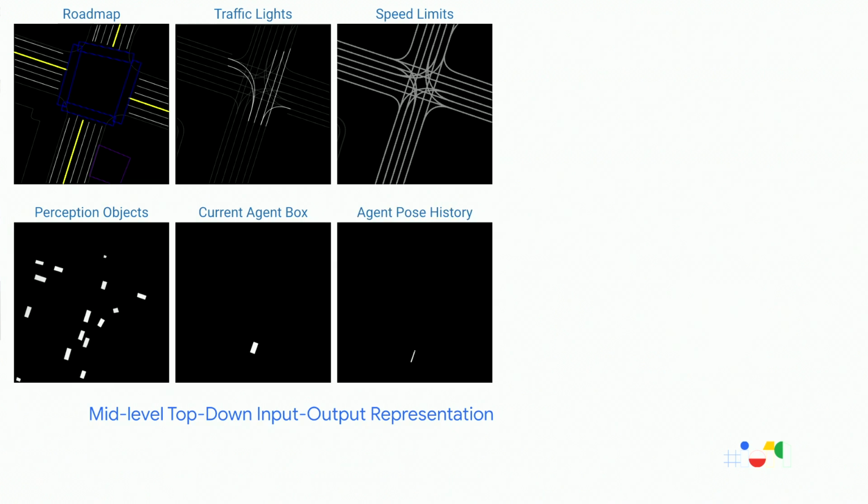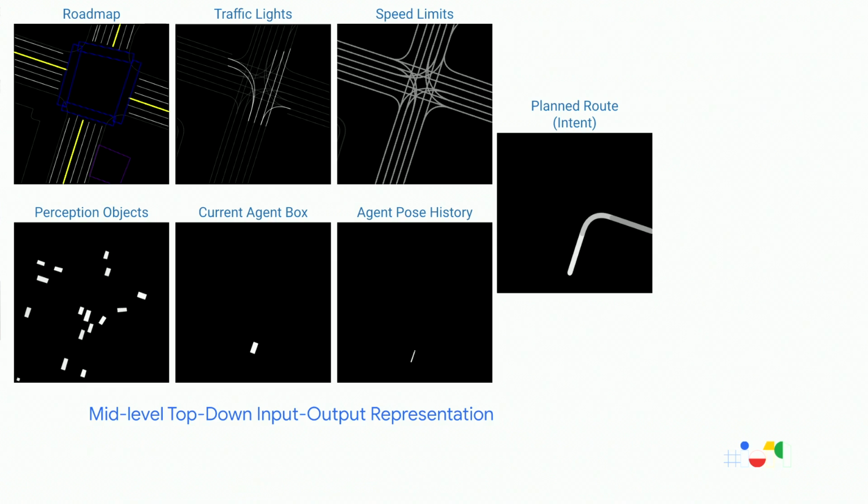Now, to convey how the agent actually was moving in the past, we also have a channel which shows a sequence of dots. Each of these pixels is the location of the agent at some time step in the past. And finally, we want to convey to the net exactly what we want the agent to do. So this is the planar route channel, which conveys that. If you look at it closely, this is essentially a Google Maps style representation, which shows that we want the agent to actually turn right in the next few seconds.